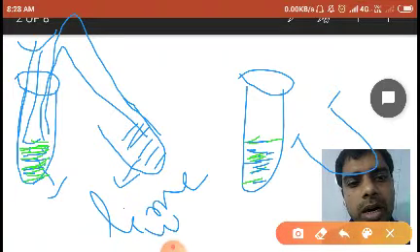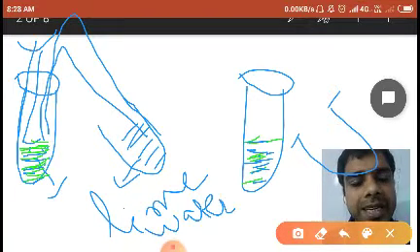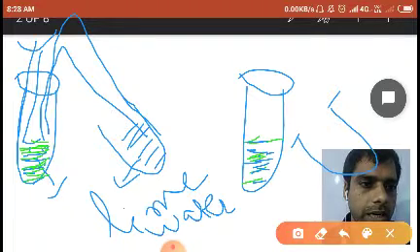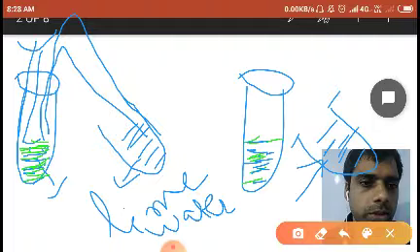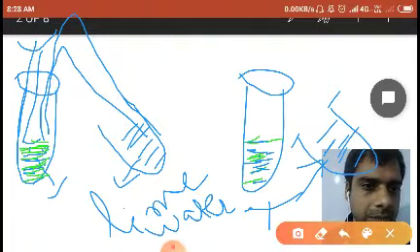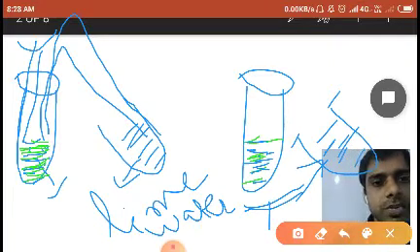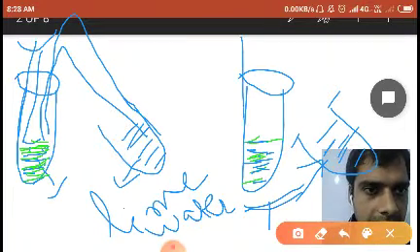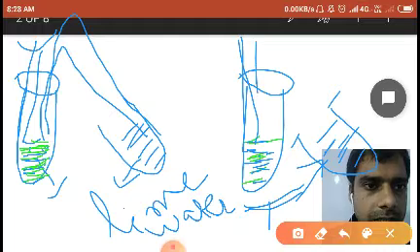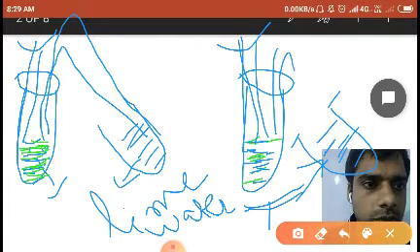Okay, lime water I have taken. It is available in the laboratory. Lime water I have taken in both the test tubes. You can see, together I am doing both the experiments. So I have actually made it. Lime water is present in both. You can see this one, so the same arrangement is there. Here is the thistle funnel, and here is one of the delivery tubes.